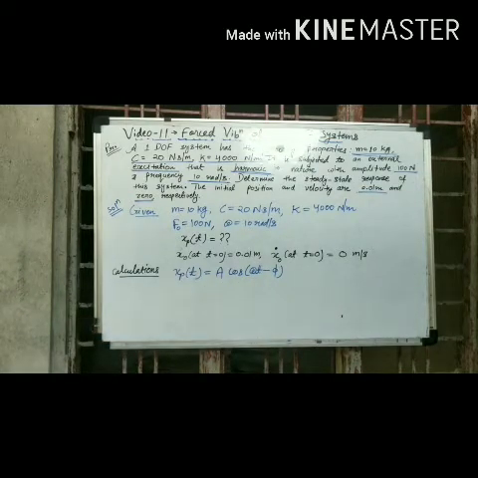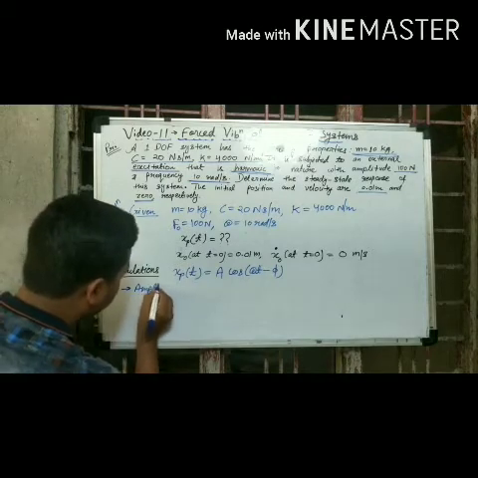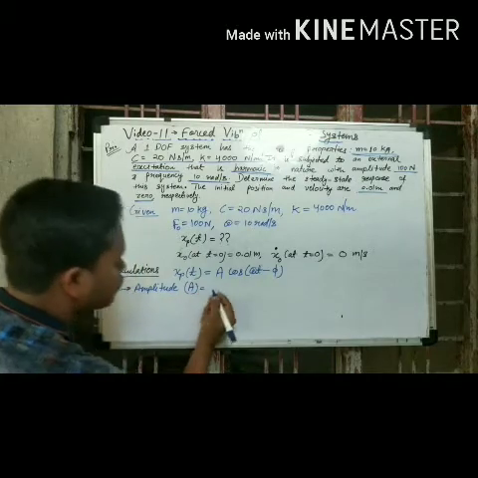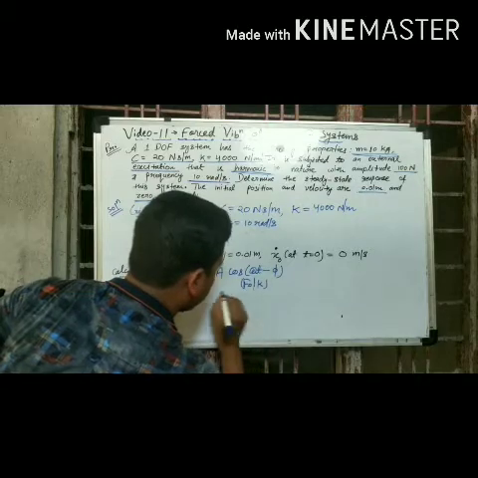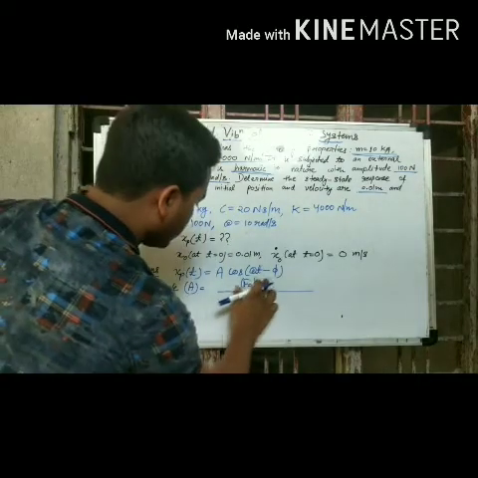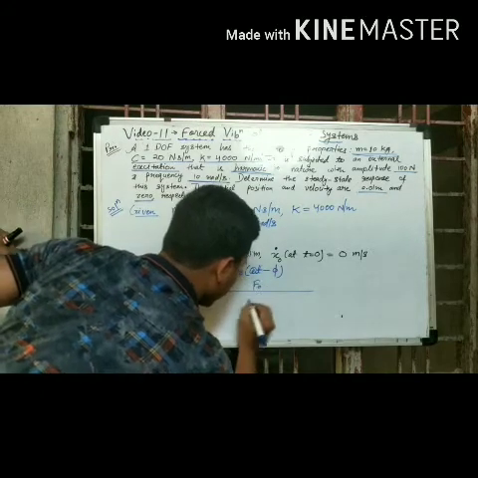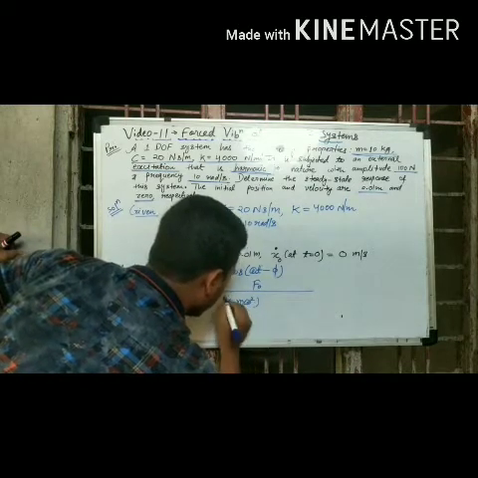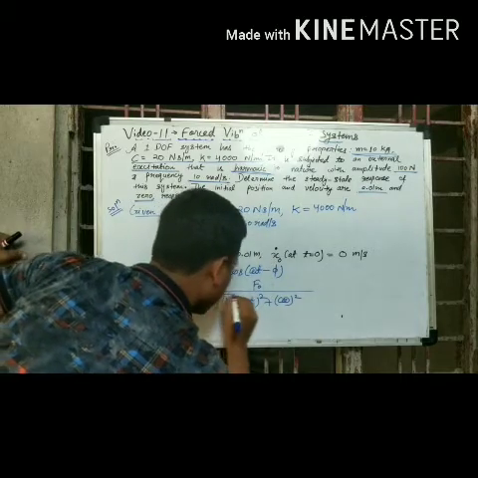So I'll simply put in the values. What is the amplitude of this steady state response, A? What is the formula? Sorry, not F naught by K. The formula is A equals F naught divided by the square root of (K minus m omega square) whole square plus (C omega) whole square. This is the formula.